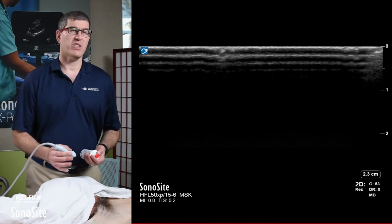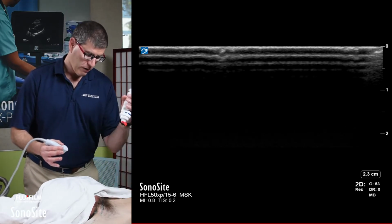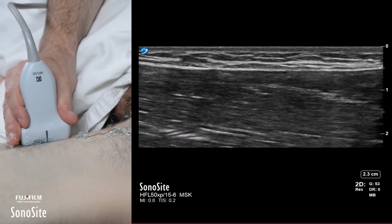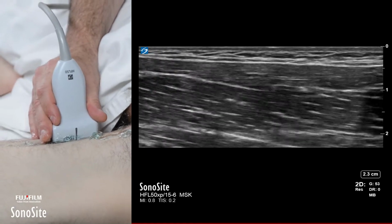As you can see, this is a study that really requires a wide exposure and copious gel if you want to do it properly. Okay, so what I'm going to be doing right now is tracing the adductor longus to the pubic tubercle and then upward into the rectus abdominis. The way that the screen is set up right now is that proximal is to the left and distal is to the right. So I can see the adductor musculature,